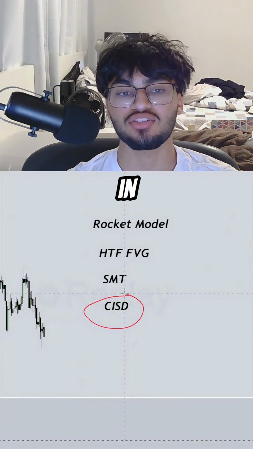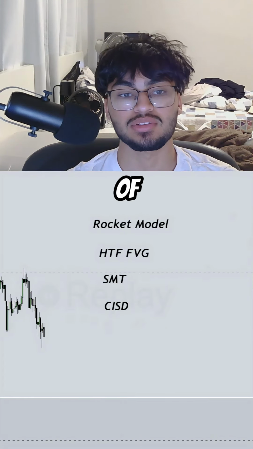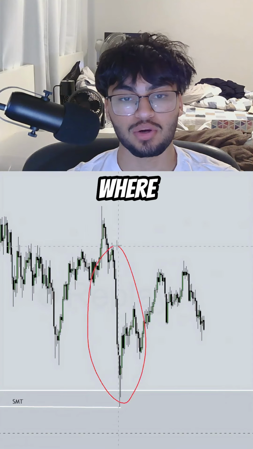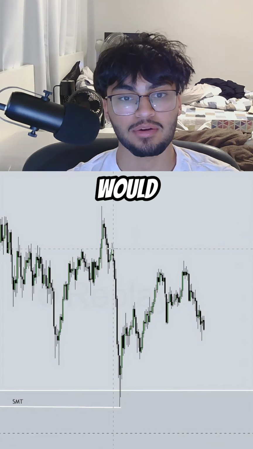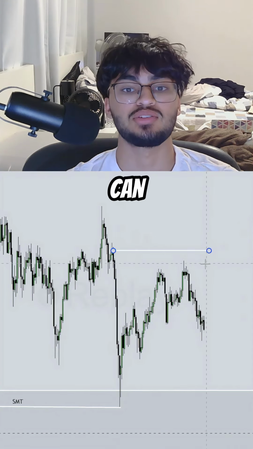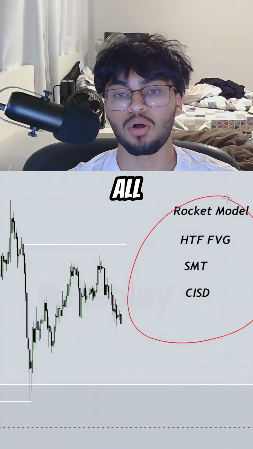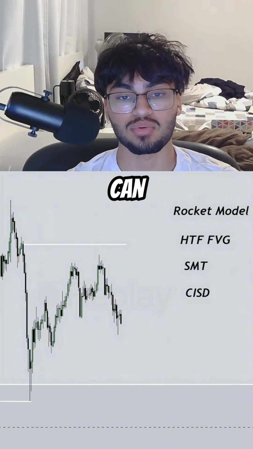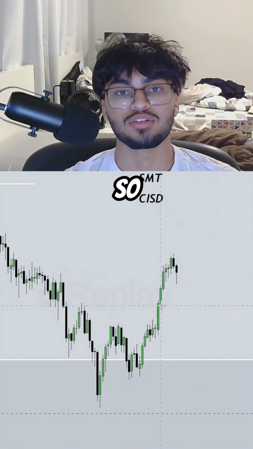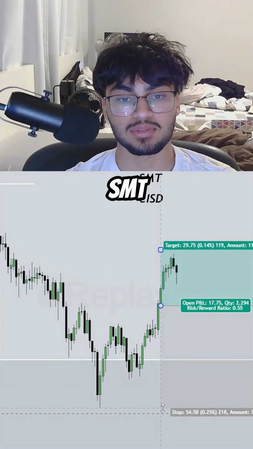But the last and final thing we need to see is a change in the state of delivery of the last series of downwards candles. So in this case right here, wherever the change in the state of delivery level would be, it would be a candle body closure above here. And you can clearly see we reject off that level and continue back lower. Now, until all 3 things are met, I can't take a trade, and we can continue to wait until we actually do get that. So I take my trade off here, keep my stop at that SMT protected low,